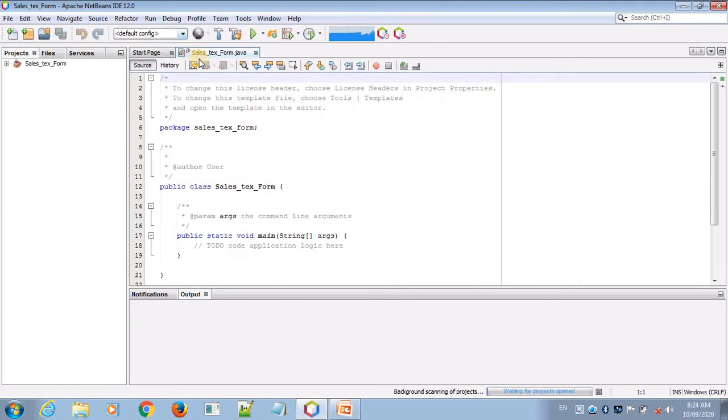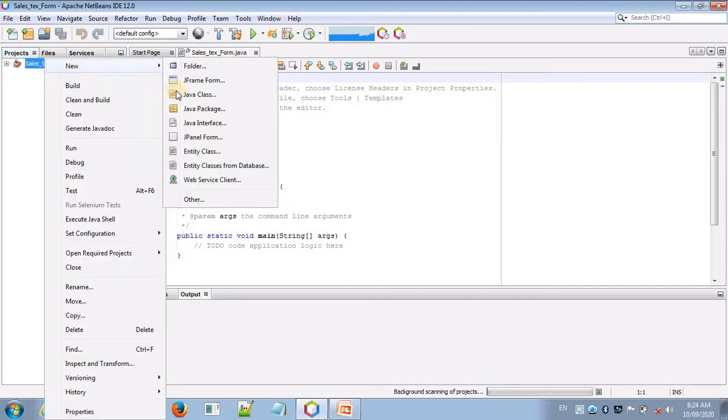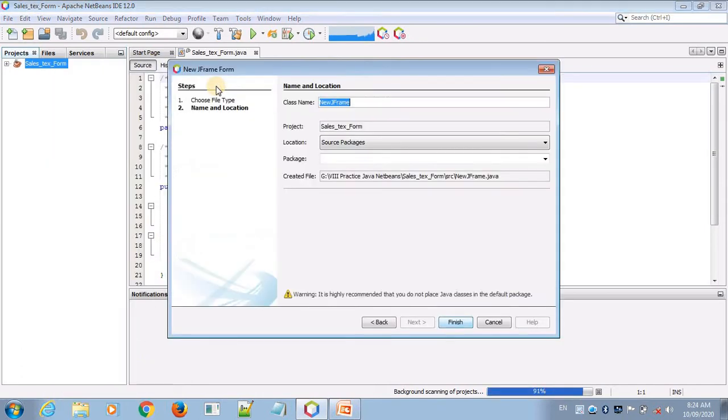Now this sales tax form project appears, and now we are going to create the JFrame here. Right click on the project name and click on JFrame. This opens a new JFrame form and asks for the class name.